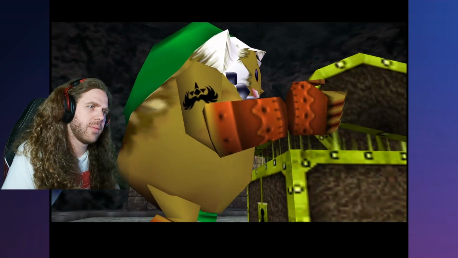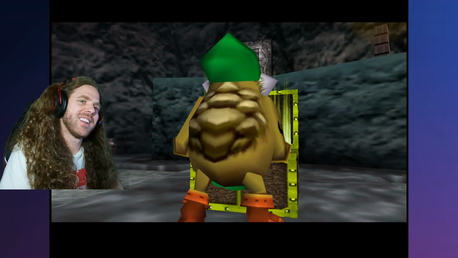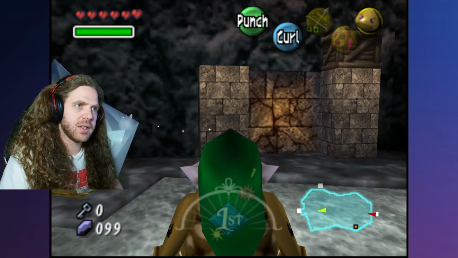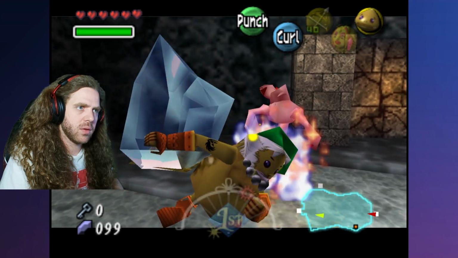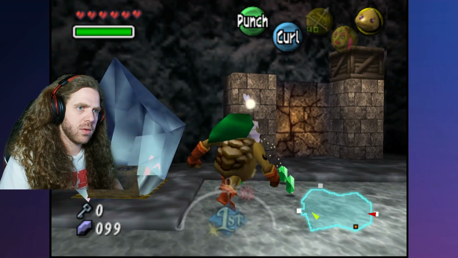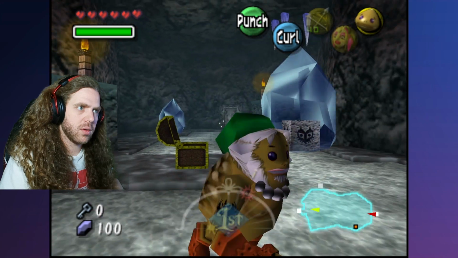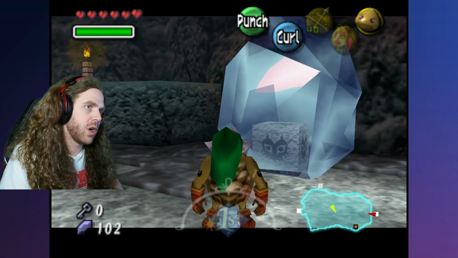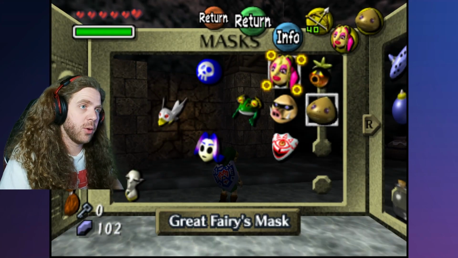What do we have here? Look how the Goron just manhandles the chest, too. All right, we got the compass. So again, we can't do much in this room. Can't do anything with any of the ice. But what we can do,